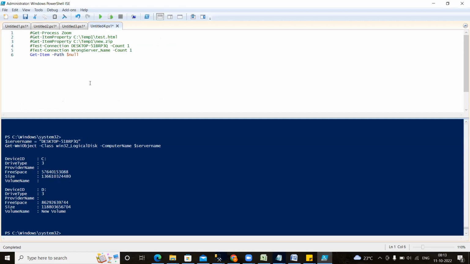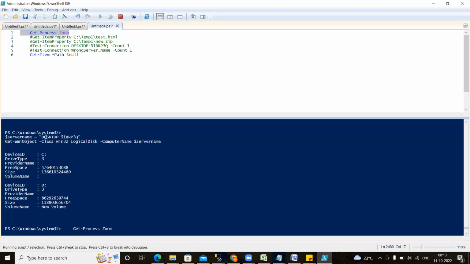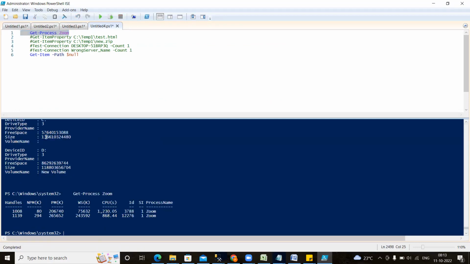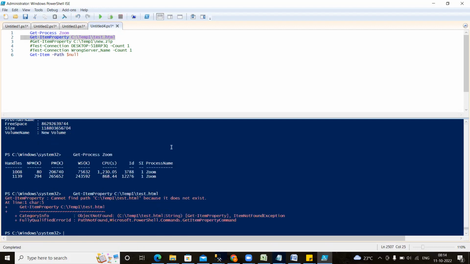So what you understood, if I am going to run Get-Process zoom, what it will do is just display the Zoom process if it is running. What I'm going to do this time, I am using Get-ItemProperty and I've given some location with some path. What it will do,